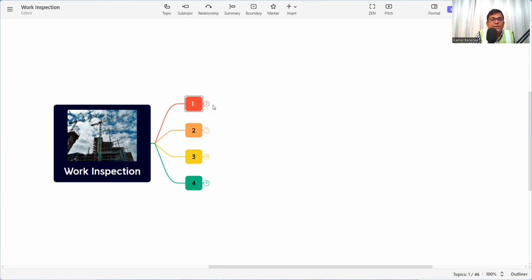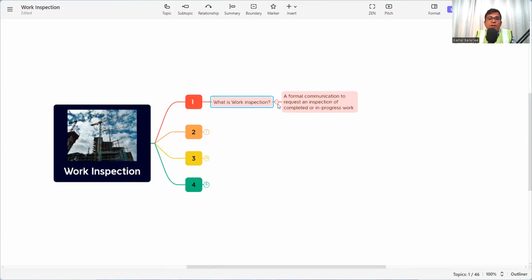The first thing is, what is work inspection? By definition, a formal communication to request an inspection of completed or in-progress work. That means we are doing the work now. Someone has the inspection authority. It may be the consultant, it may be the client, or it may be the third party, or some other authority. So whenever our work is completed or it is in process, as per the inspection and test plan,